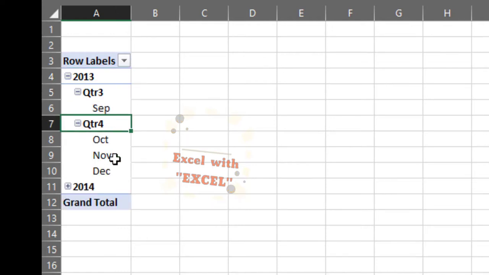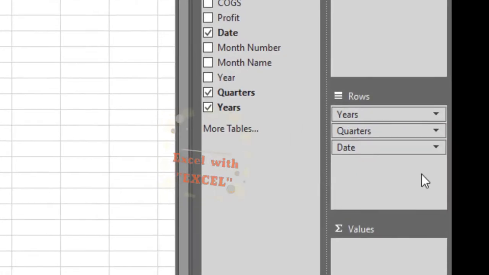This is totally done automatically by Excel. If you don't need quarters, you just need to either drag and drop back the quarter value or just deselect the quarters. So now I have yearly and monthly breakup of the sales figures.